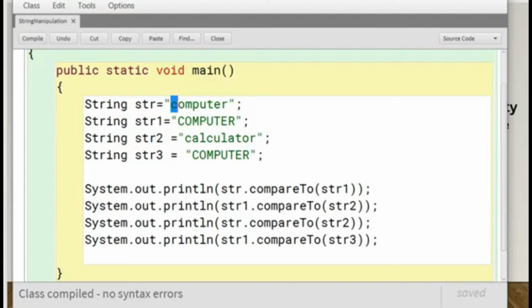So this is how the compare function performs the comparison based on the lexicographical order of the strings, like searching for a word in a dictionary.